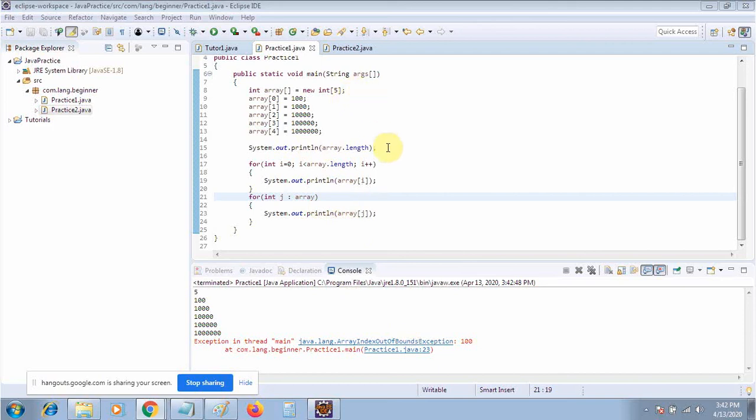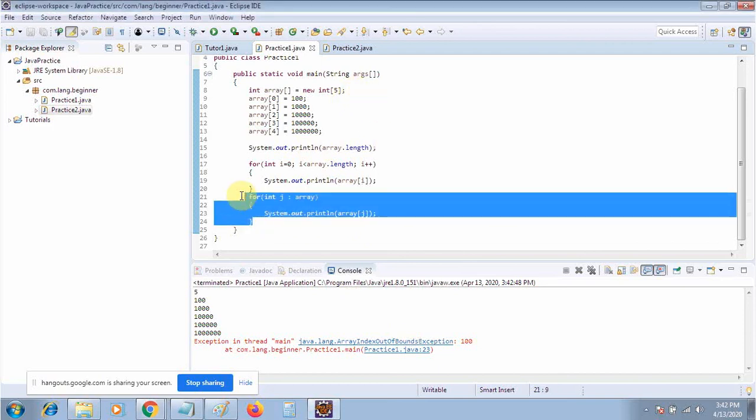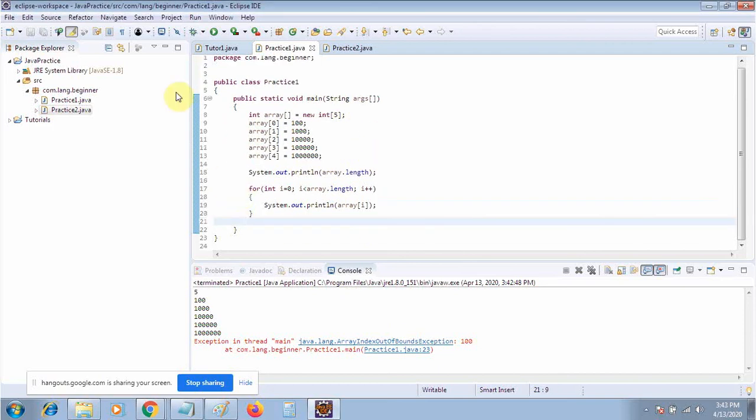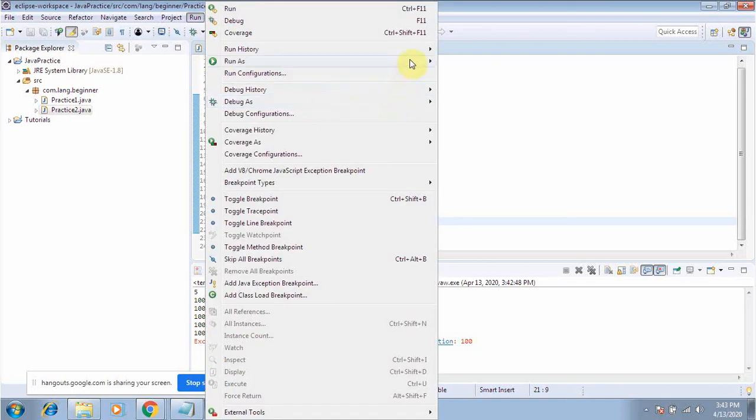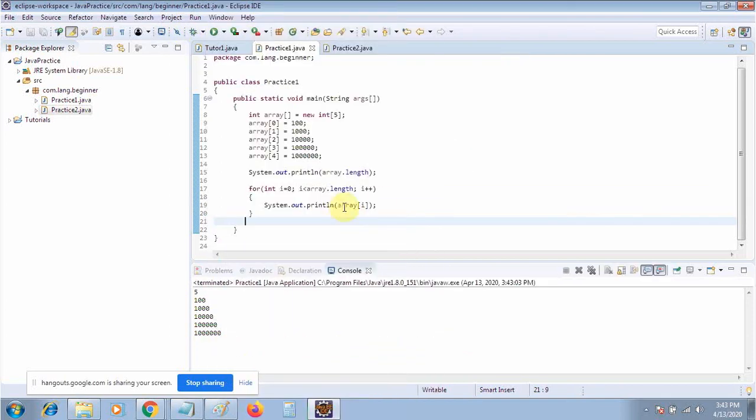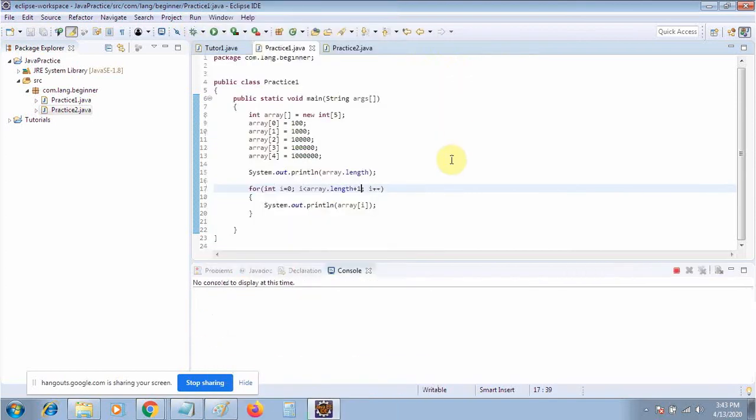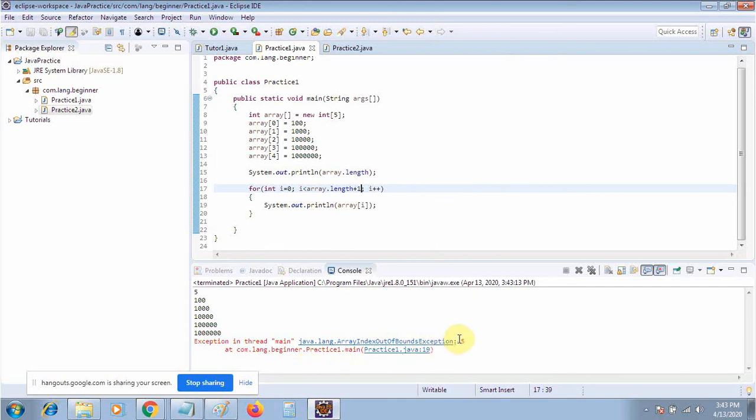Okay, so let's remove this one. Now again, what will happen if I change this length to length plus 1? Again you will get the same kind of error, array index out of bound.